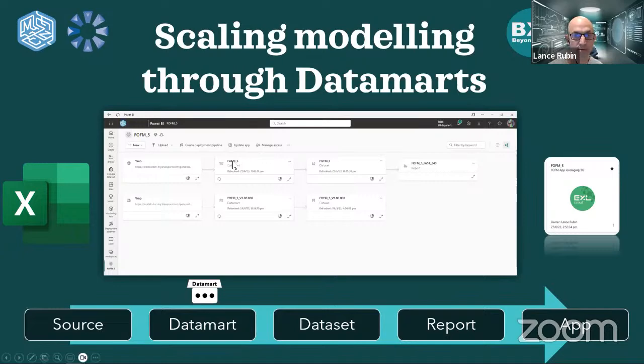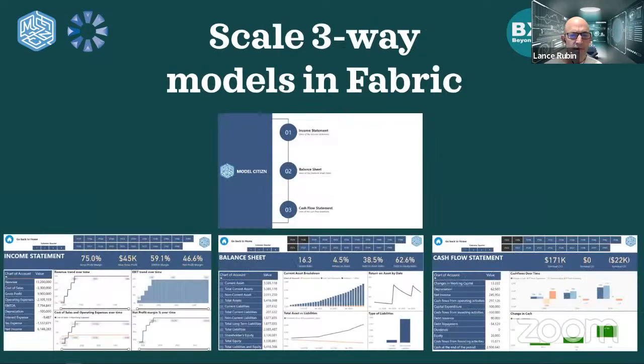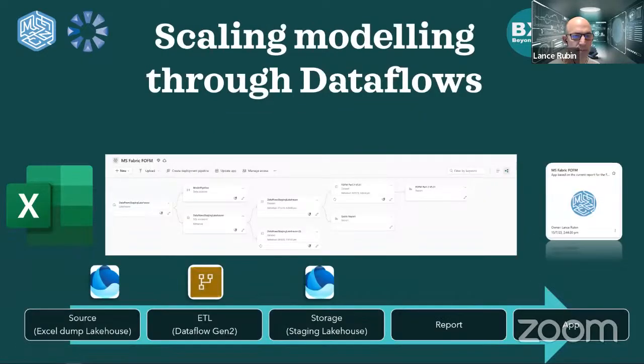I'm going to share my screen in a moment and actually go to this. This is Power BI Online. Power BI is being rebranded to Fabric anyway. So if you see Fabric, it's basically the suite of data tools, almost like a data platform. So this is scaling through a modeling. So this is that fast model in Power BI, and we've got our income statement, our balance sheet, our cash flow. We have all of that, but we are using Fabric to store that. So this is underlying, this is a fast model, and we're applying that same.